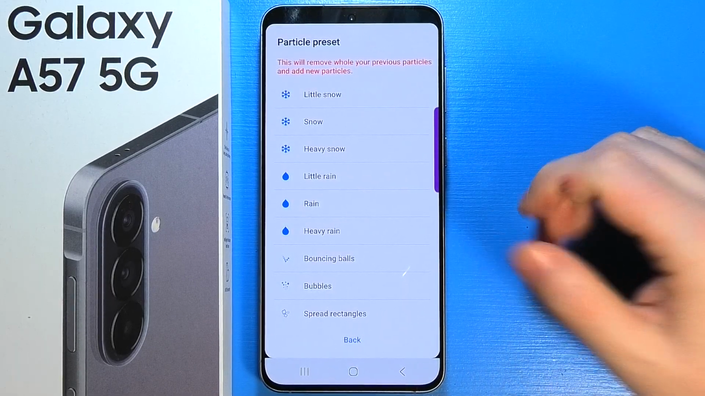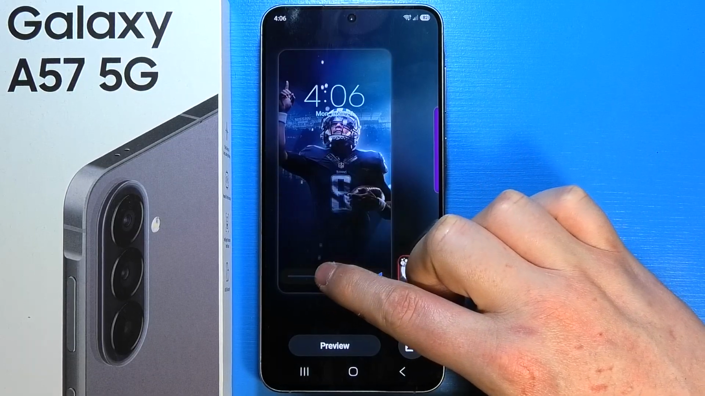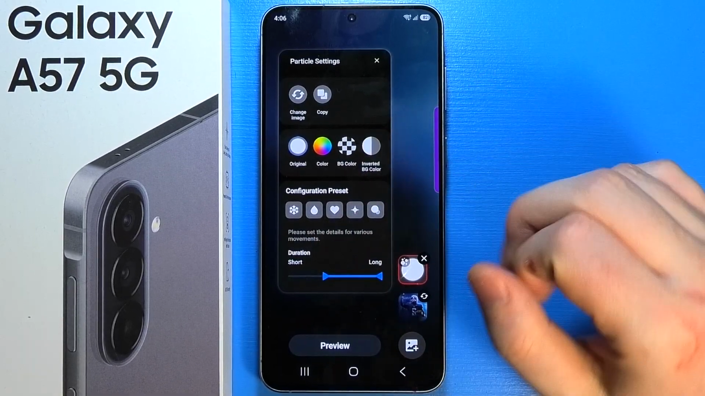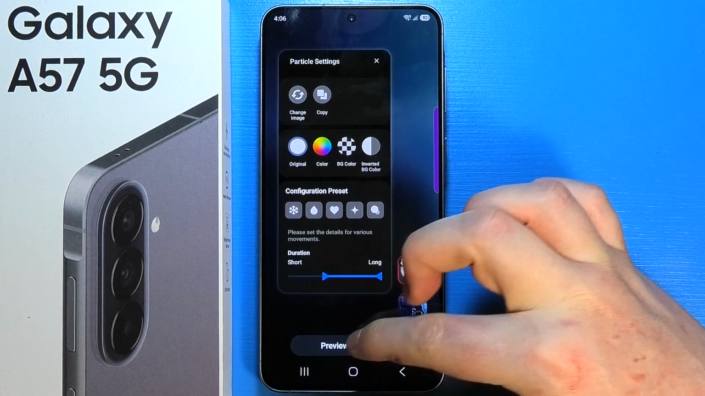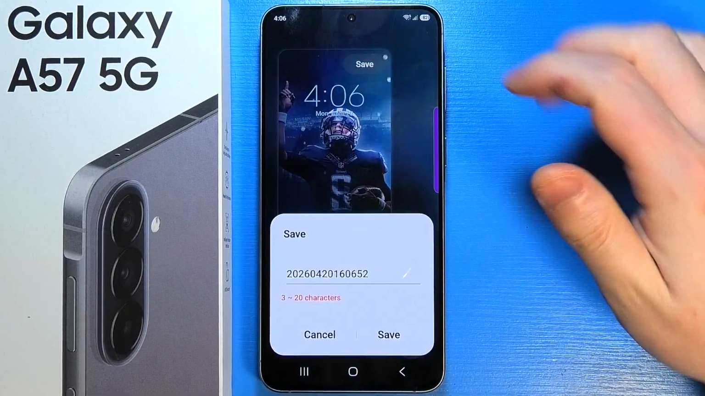From here, we'll be able to, for example, select the snow, and then we can change the duration for it and adjust different settings right there. When it's done, you can then preview it. As you can see, there's the weather effect. We can then save it